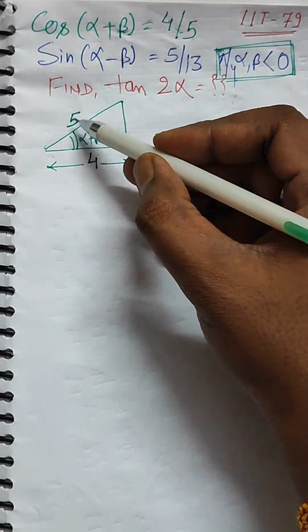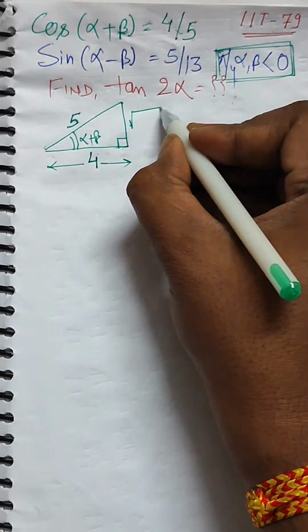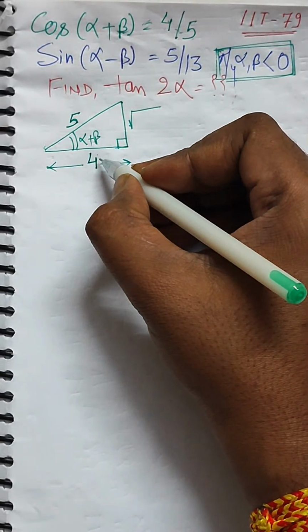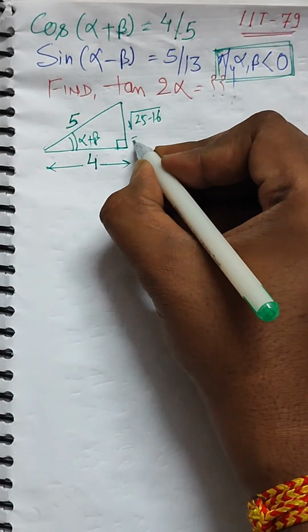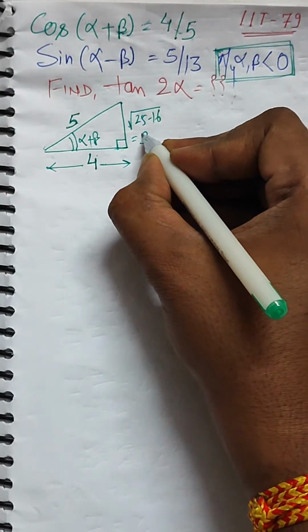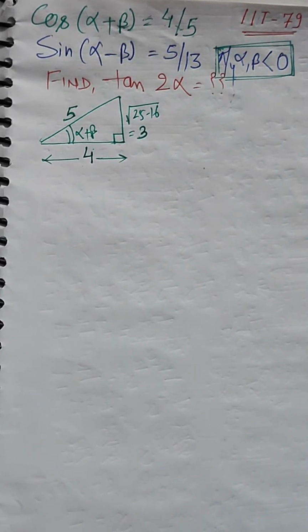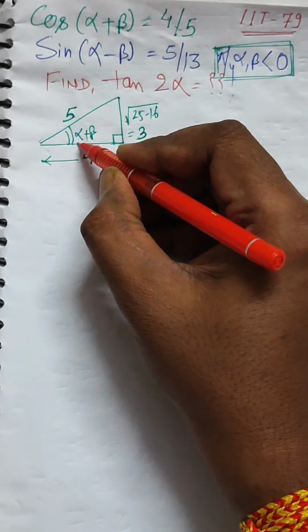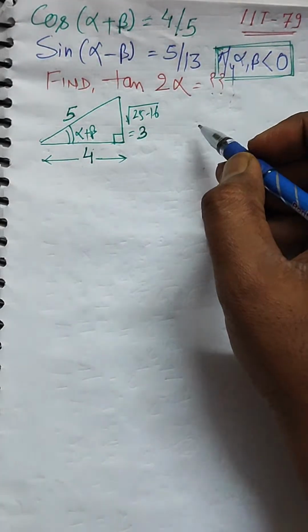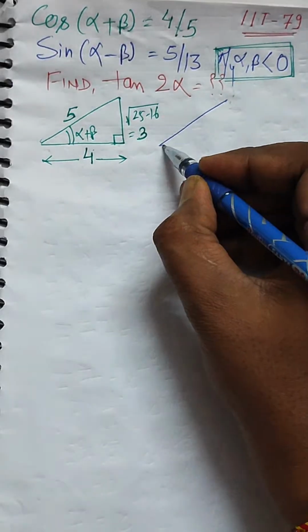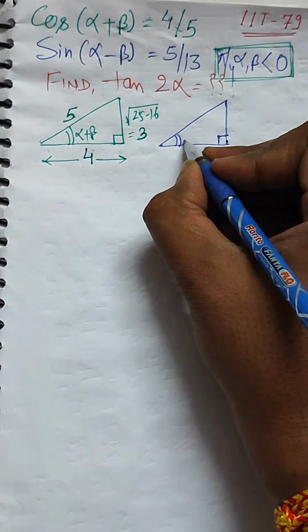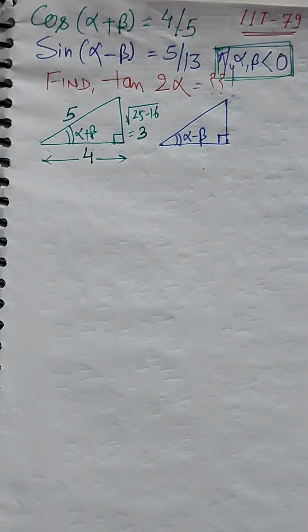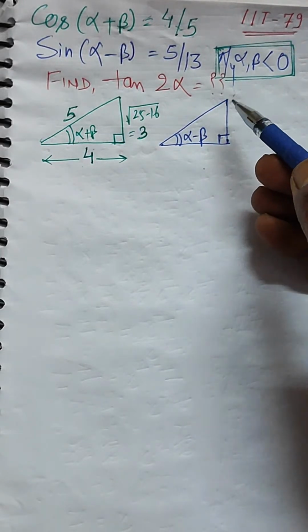If this is 4 and this is 5, then what is the value of the perpendicular? Root over of 5 square minus 4 square, that is 25 minus 16. So this will give you root over 9, that is 3. So 3 is the perpendicular. Now for alpha plus beta this is calculated. And if you consider the second right triangle, whose angle is alpha minus beta,